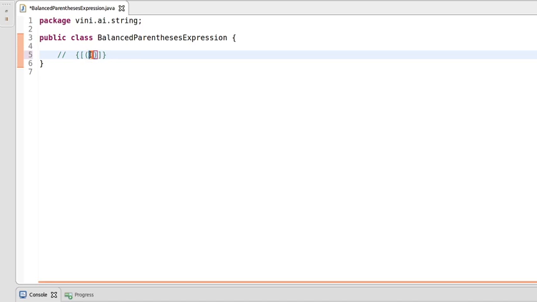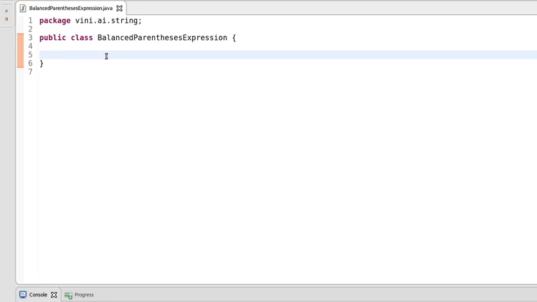But this is a single closing parenthesis only, so we do not have any corresponding opening parenthesis. So the length of this expression is odd. If it is odd, we know that a pair is missing in this expression, so we directly say it's not a valid expression. So these are some key points of these parentheses.